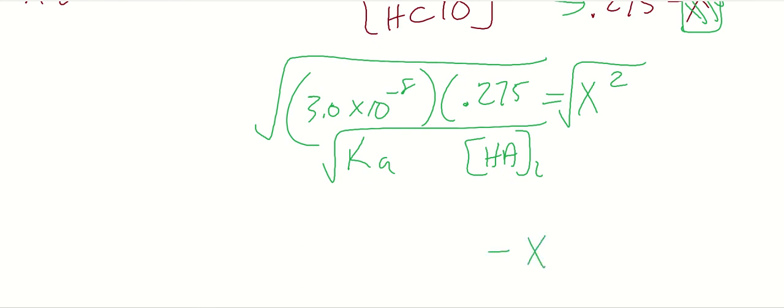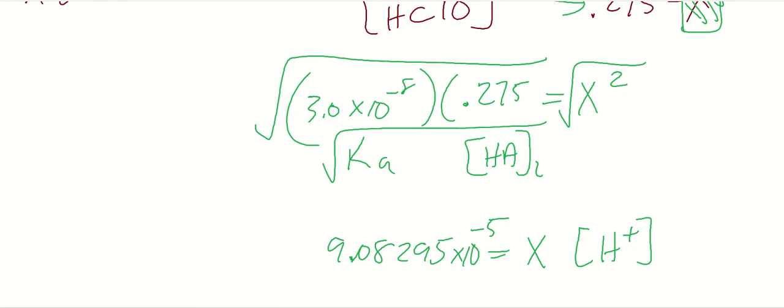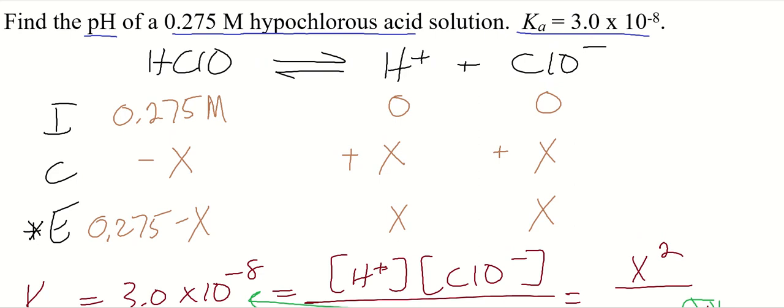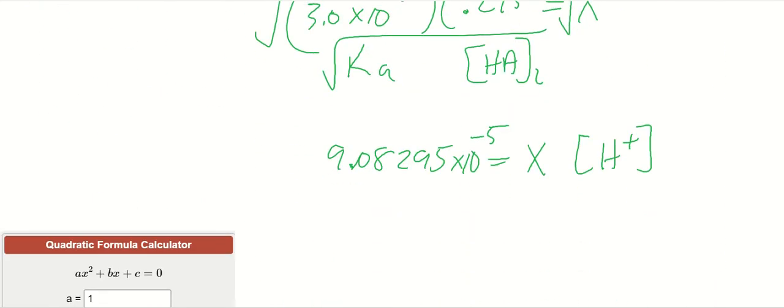All right, now X is not our answer. It's 9.08295 and so on times 10 to the negative 5. That's not our answer. That is the concentration of hydronium or hydrogen ions. The question I'm sure is asking us for pH. Find the pH. Yep, so we've got to take the negative log of this. So take the negative log of that number, which is still stored in my calculator. Negative log of the answer. And that's going to give us a pH of